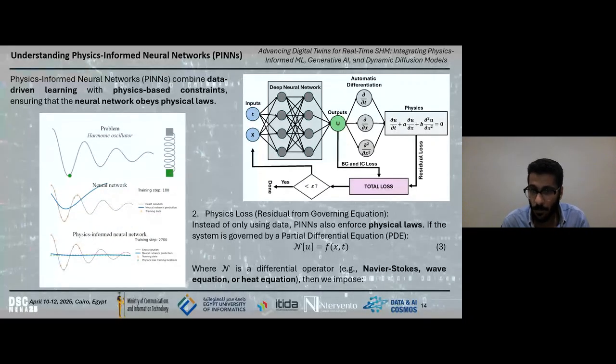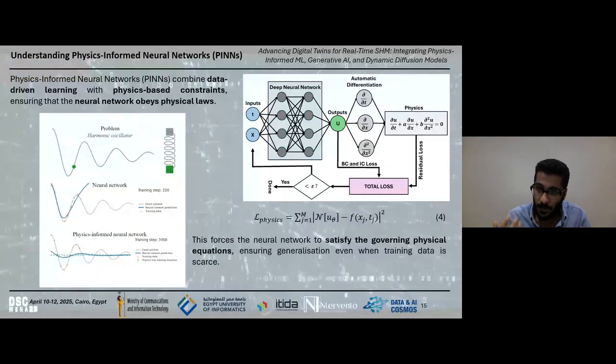We are also thinking about how to include the physics laws into the model. In a simple form, you can have the Navier-Stokes, a wave equation, a heat equation, or, as I said, the linear equation we always use in our linear problems to get the displacement or the behavior of a simple beam.